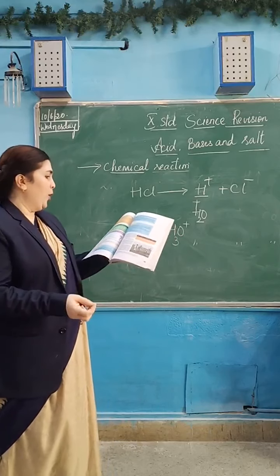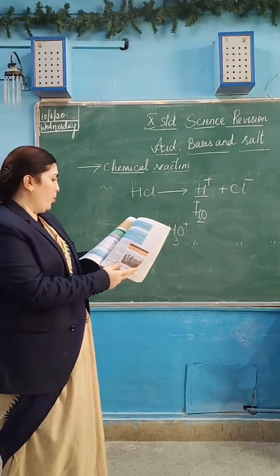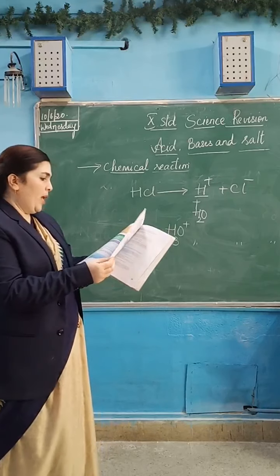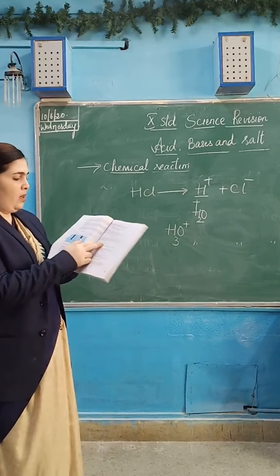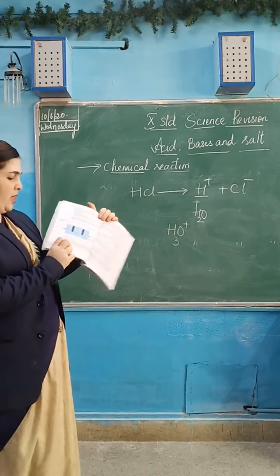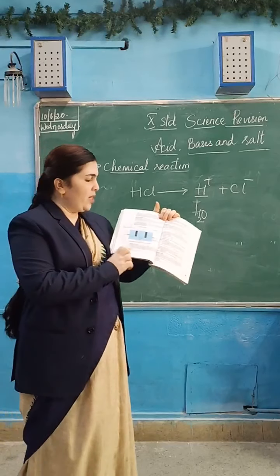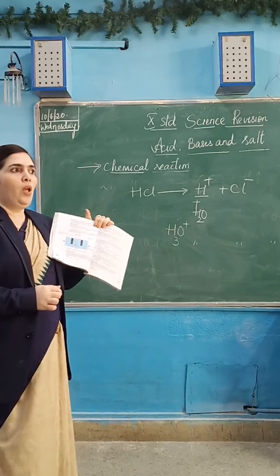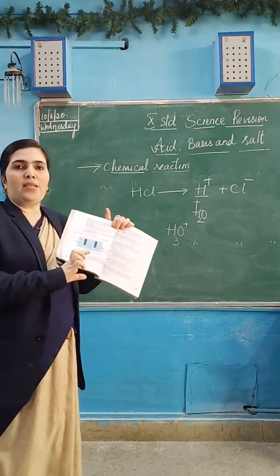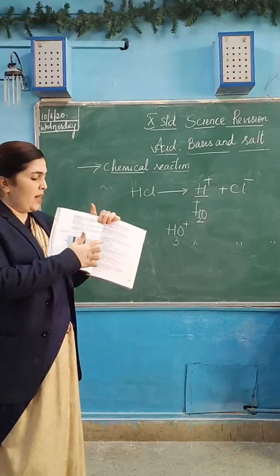One diagram I told you is more important. You practice that diagram. Here you can see the chloralkali process, figure 2.8 on page number 30. This is one of the most important diagrams, asked for 3 marks. Apart from this diagram, they may ask questions on this diagram also.